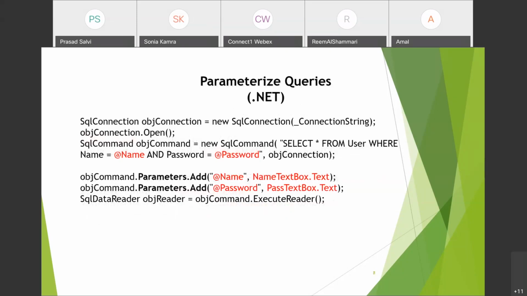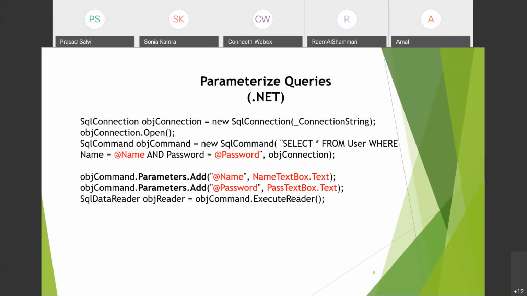Now, how do we fix SQL injection? In .NET or in general, SQL injections happen because of dynamic queries. That is, we take all the inputs from the user and just add them in the query and fire it. There's no validation or sanitization happening. It is all dynamic. So what we do in parameterized queries is we build static queries like name value